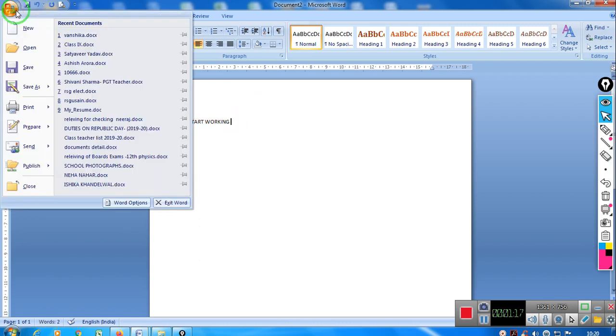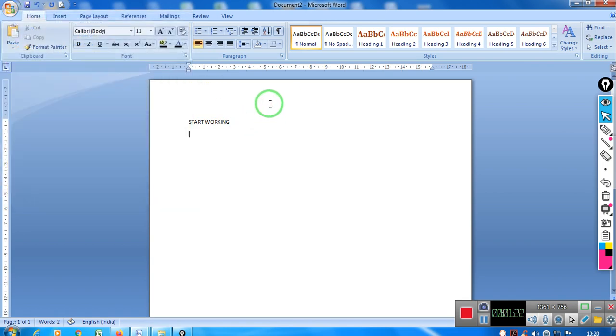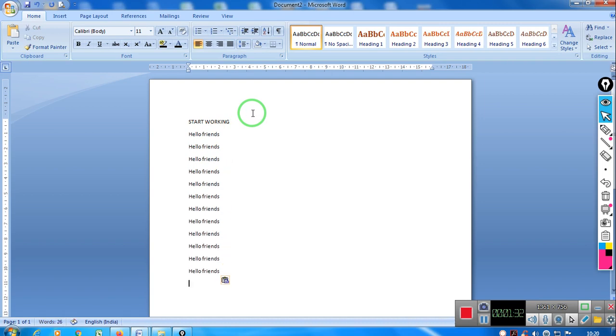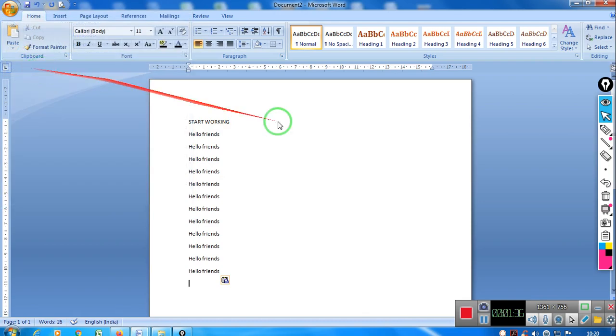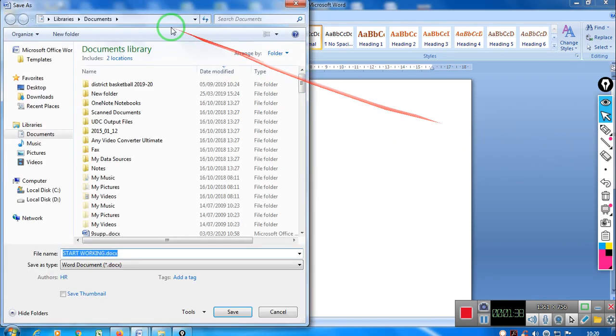Now if I want to open an already existing file, suppose I have already created a file, I've written over here "hello friends", and I have saved this file. I'll just make a copy of it. If I want to save it, File, Save. Now when I save this file,